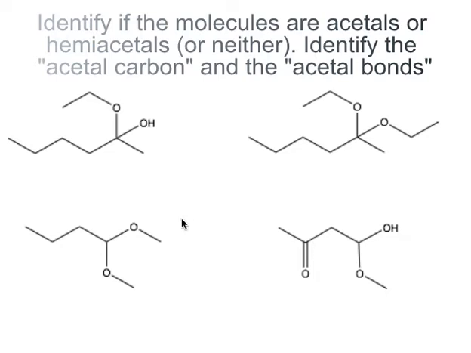Start by looking at some molecules, and we're going to identify whether they are acetals or hemiacetals. This is a skill that you need to have for quizzes and exams. It will also be helpful in biochemistry when we start looking at sugars, or when you start looking at sugars next semester. So if we look at this first molecule, we want to identify if it's a hemiacetal, an acetal,